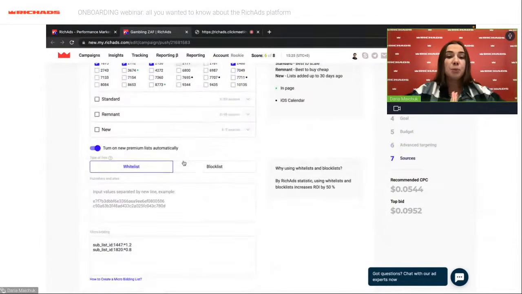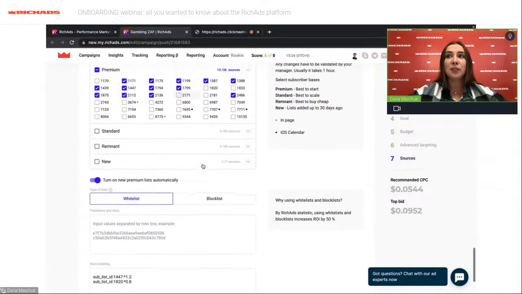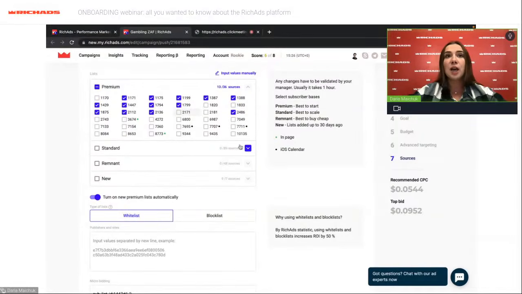Each campaign needs optimization. If you would like to have really good results, you need to optimize your campaign. Our managers usually help with it if you have postback, so I will always recommend you to set up postback. And our subscriber lists include publishers, and publishers in their case include sites.